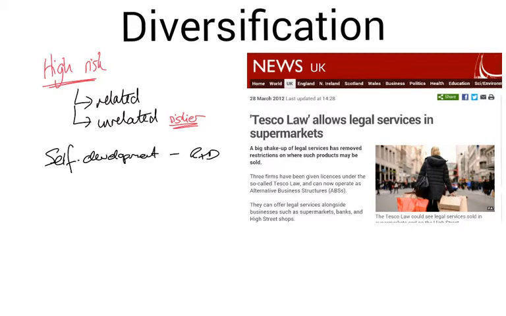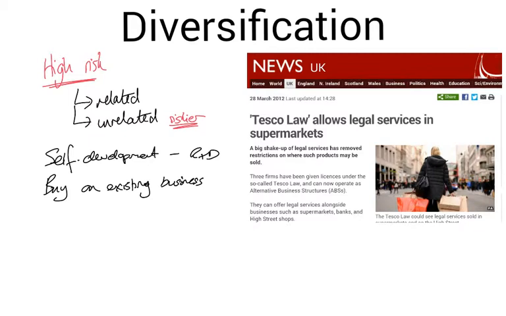A more common way, though, is to buy an existing business in that other market. We're seeing this a lot at the moment with the big players in the technology market. Google in particular has done this a great deal. So what they do is that they basically buy up a smaller business that has a much better understanding of the market. Boston Dynamics was an example quite recently in terms of the